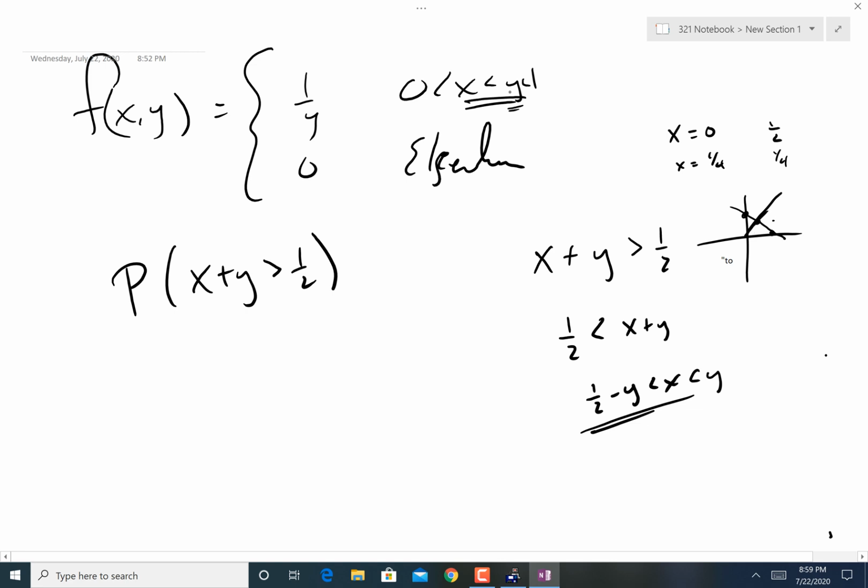Another way of thinking about this is looking down on the xy plane. Think about it. So we know we've got some planes going on here, but we're saying that 0 is less than